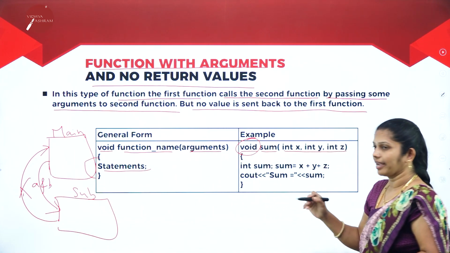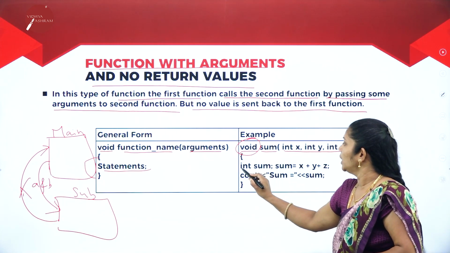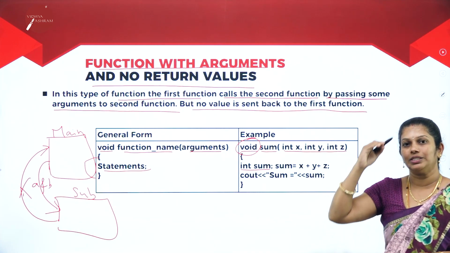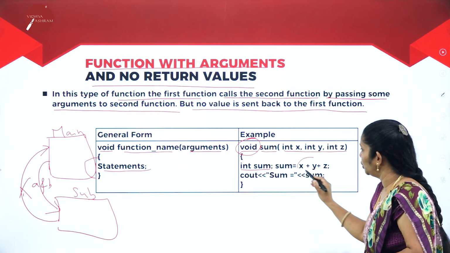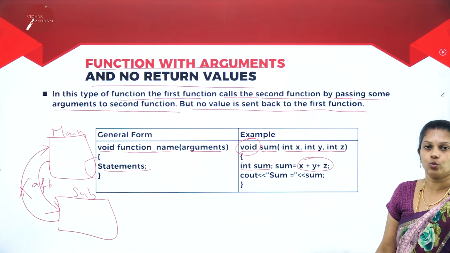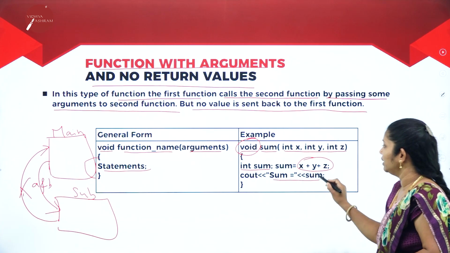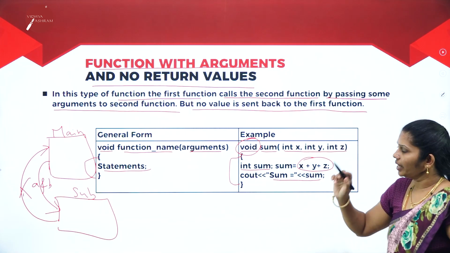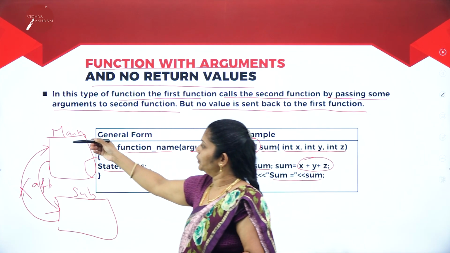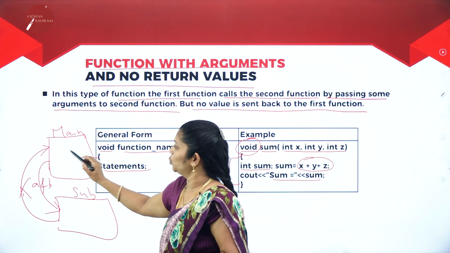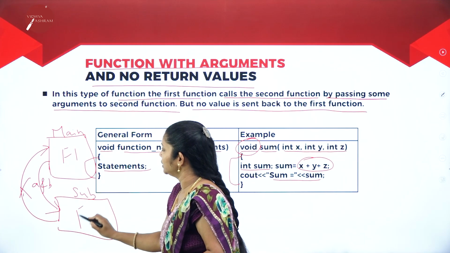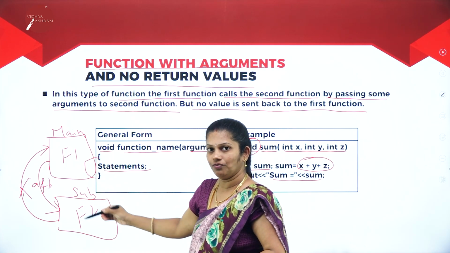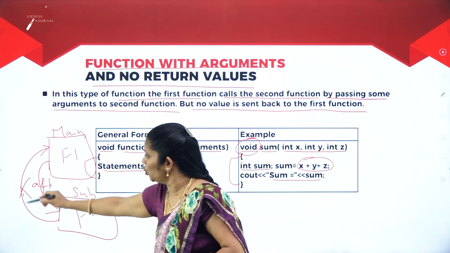Then inside the brackets, we will write all the statements. Here we declared int sum. Then x, y, z are the values which are coming from the main program. We will do addition of these three numbers, x plus y plus z. Then we will display the value, sum equals sum. Afterwards we will close this bracket. It means that we can pass the values from function 1 to function 2. I am going to call this function 1 and this function 2. We can pass the values from function 1 to function 2, but after calculation no values are